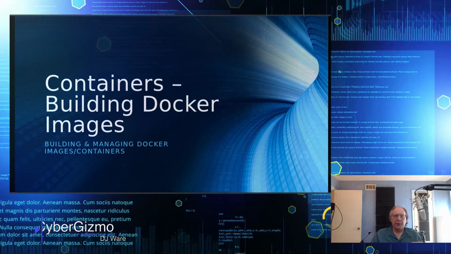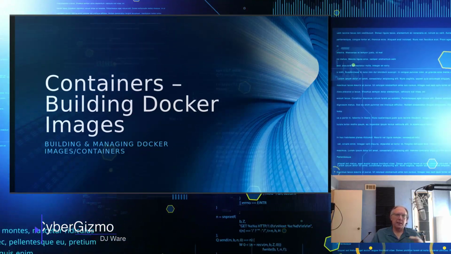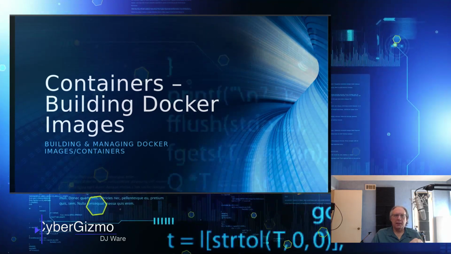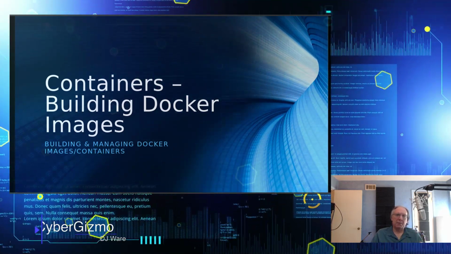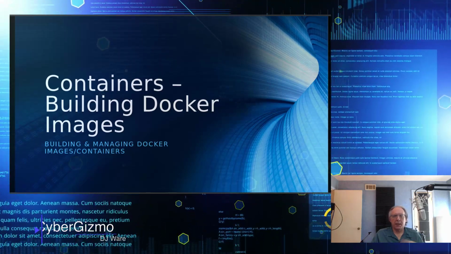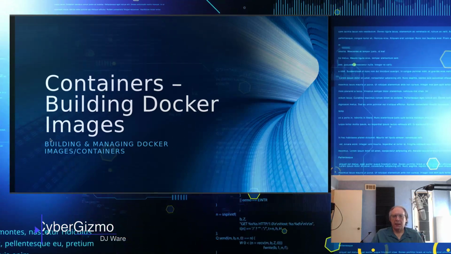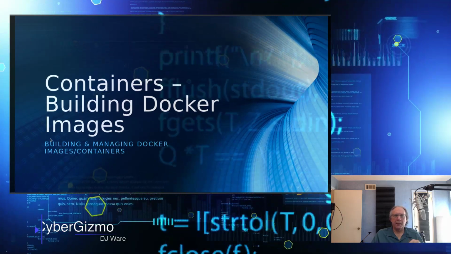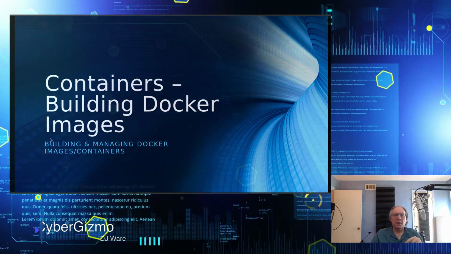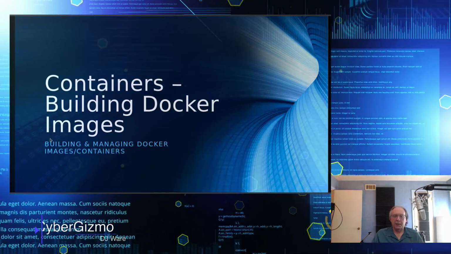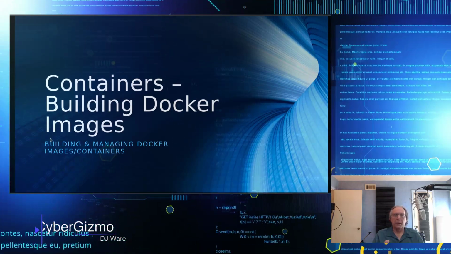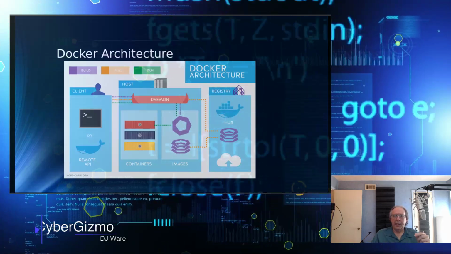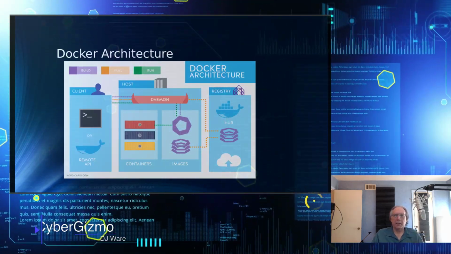So I guess last time we talked a little bit about, at least in the Docker part 2, some of the basic commands: how to pull an image, how to run an image, how to stop an image, and so forth. And today we're going to be building a custom container of our own. We're going to start with building a custom image, and then we're going to deploy that into the container and run it. But before we do that, actually, let's talk a little bit about